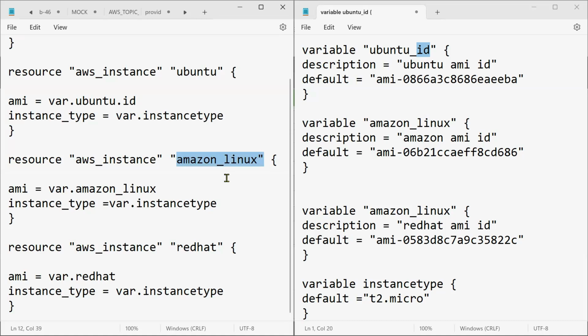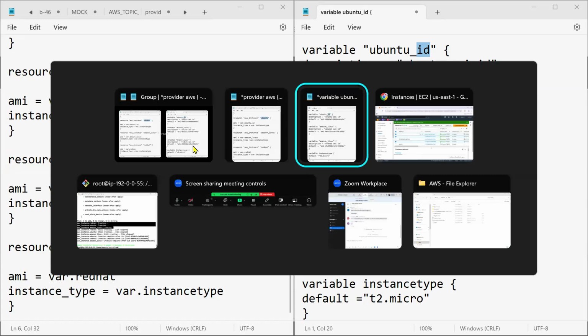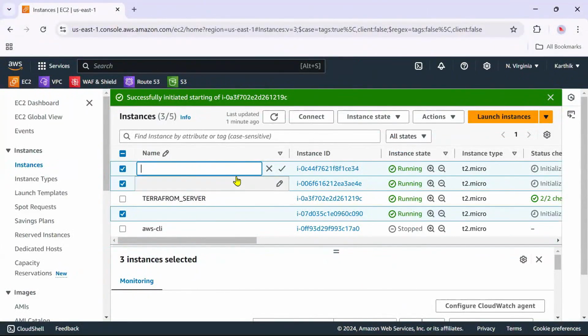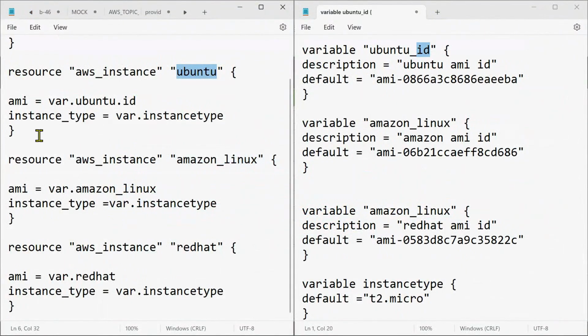I told you, right? There is something called interpolation. If you want to read values from one resource block to another resource block, then you will use this name. If you want to provide a name that should be reflected here, then what do you need to use? You need to use a tag section. Do you remember? I showed you already. In the tag section, tags is equal to name, that is what you need to use. Fine. So now,